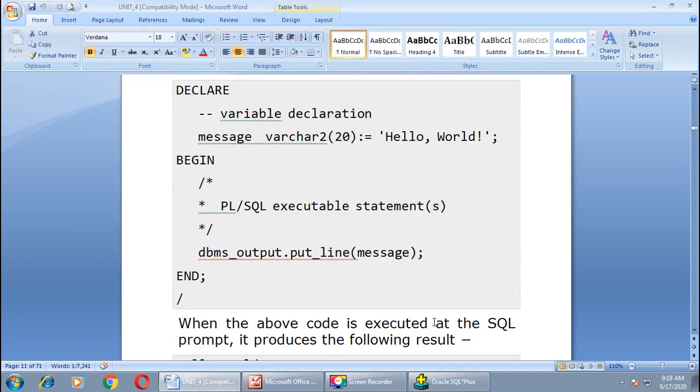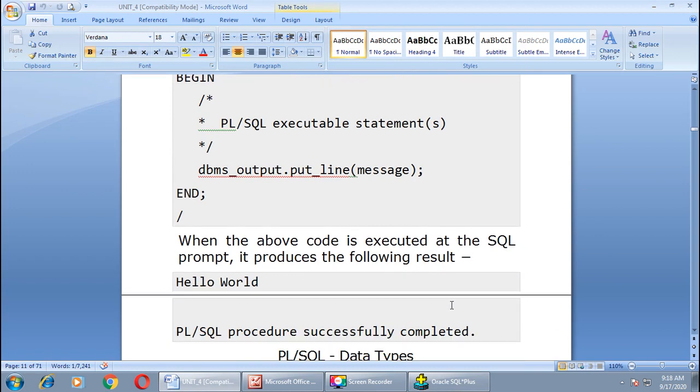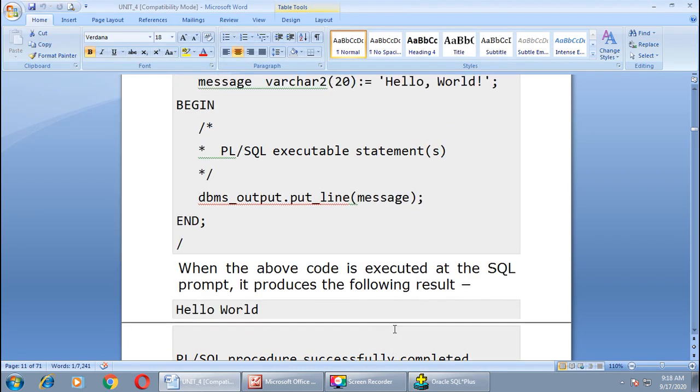When the above code is executed at the SQL prompt, it produces the following result, as we have already done: Hello world and PLSQL procedure successfully completed. We also got the same message. This asterisk symbol is not required over here.